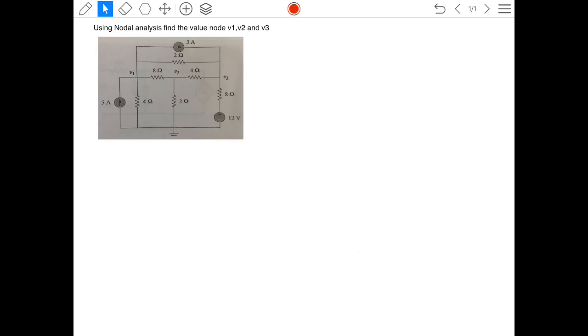So today I would like to show you one solution for a question concerning electrical analysis. Here we have a question for nodal analysis. Here we have a current source in this question with a value of 5 ampere, a current source of 3 ampere, and a voltage source of 12 volt. And as you can see, it's already labeled over here V1, V2, and V3, and this ground as a reference ground. There are 4 nodes,